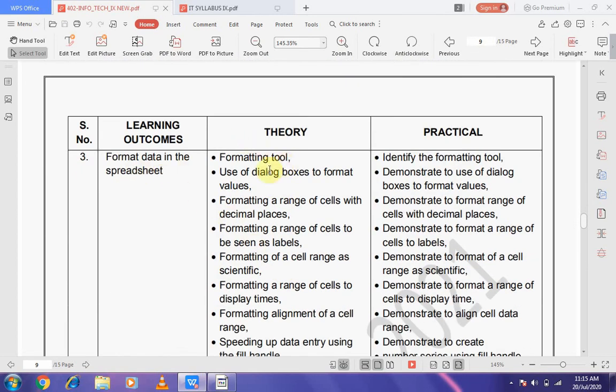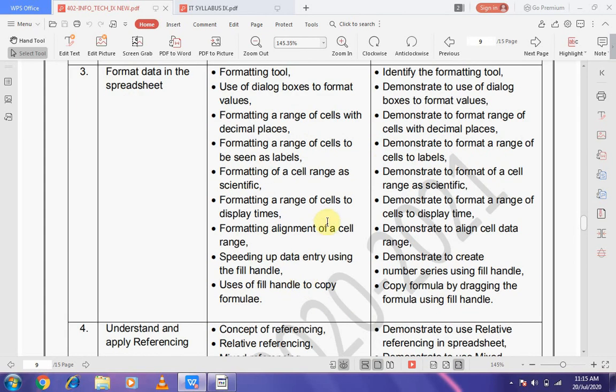Format data in spreadsheet. Formatting tool. Use of dialog box to format values. Formatting a range of cells. Formatting a range of cells to be seen as labels. Formatting a cell range as scientific. Formatting a range of cells to display times. Formatting alignment of a cell range.